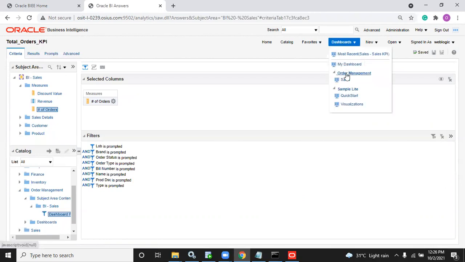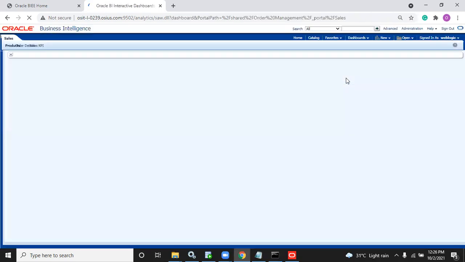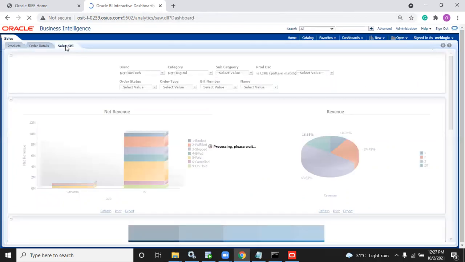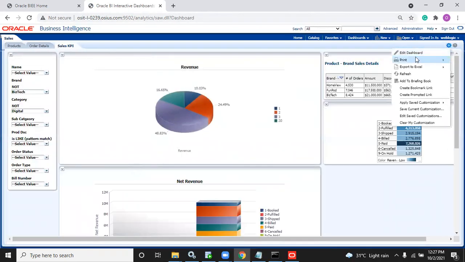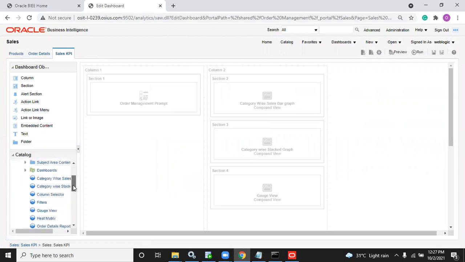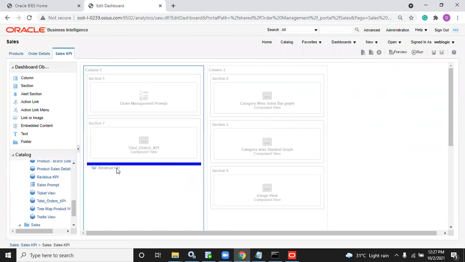Now go to dashboard, in sales KPI. Add your KPIs now here. Total orders KPI. Revenue KPI also add.